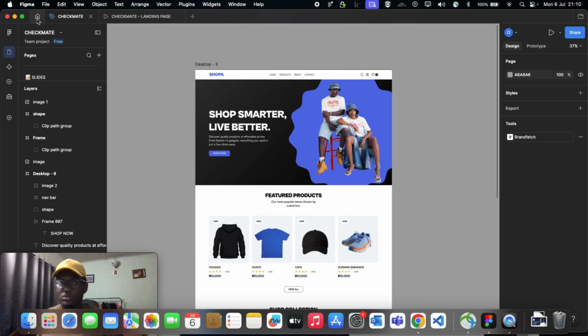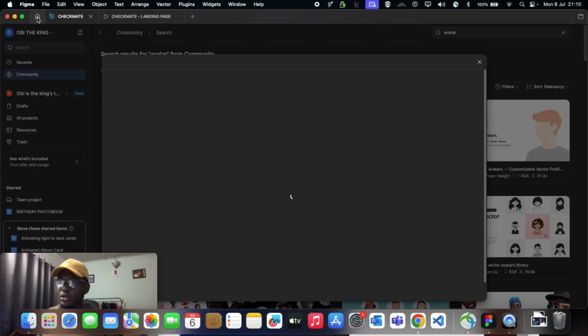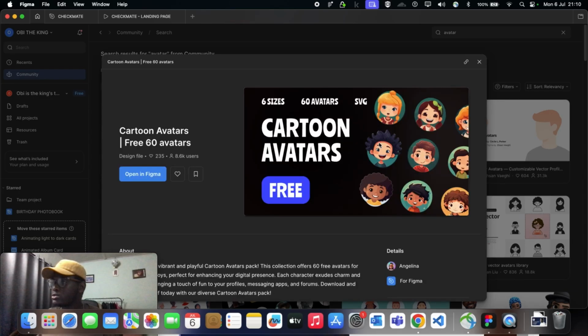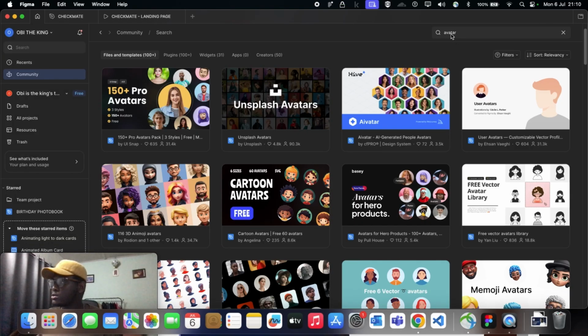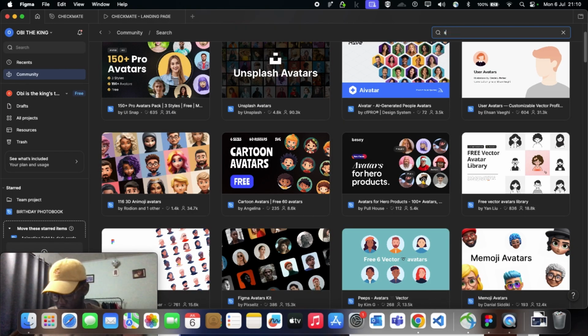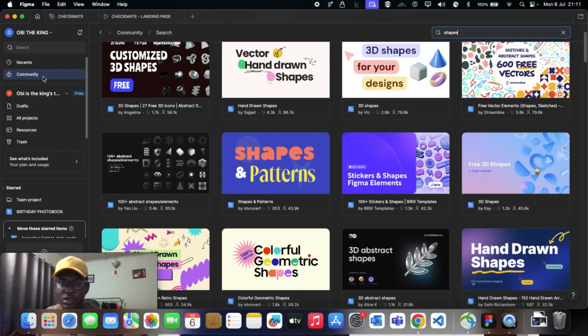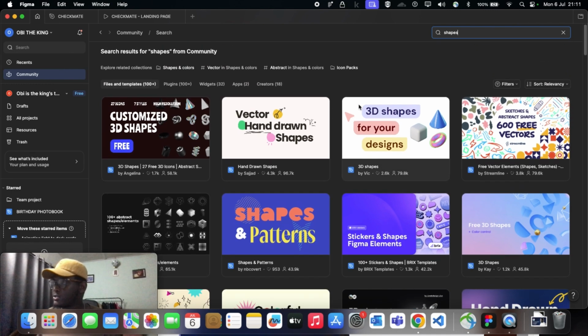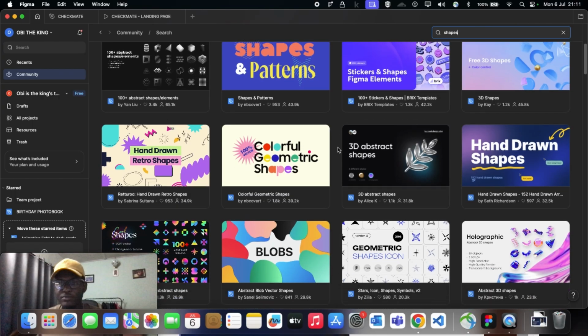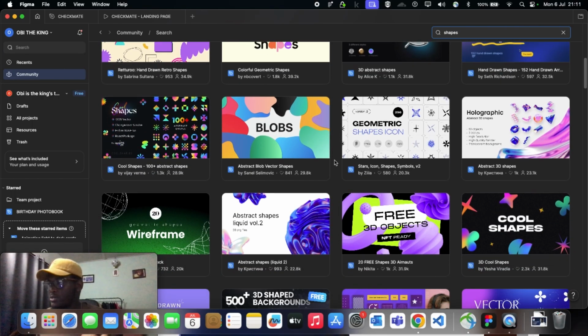So what I'm going to do is, you can go to home, this home button here, click on home. I will cancel this. I don't know why it's loading. Cancel this. Now click on shapes. I search it. Oh, I didn't tell you how to go to the Figma community. You click on this community here. Can you see this community? Once you click on it, then you can search. Now, can you see different shapes that we have already? People have put different shapes in the